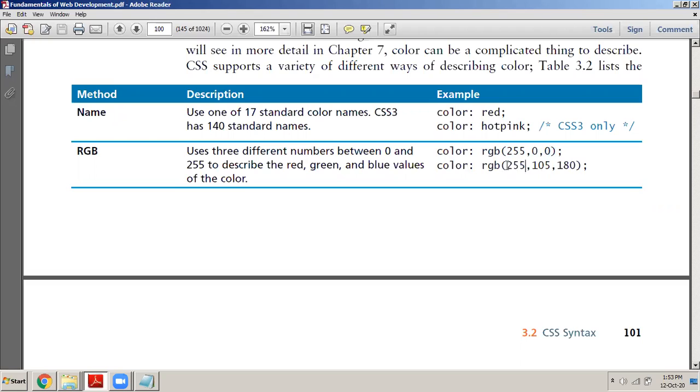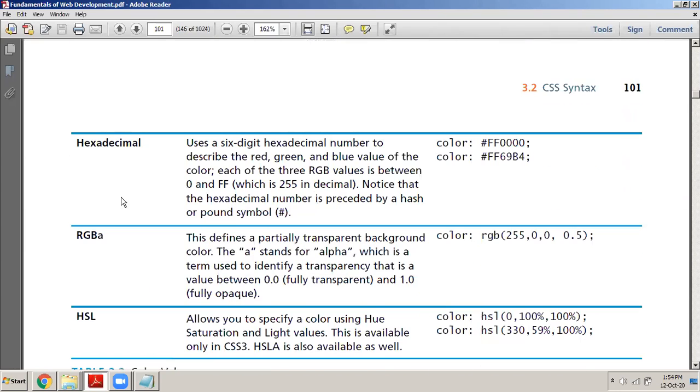When you look at this example here, rgb(255,105,180), this is complete red, to which 105 points of green is added, and 180 points of blue is added. So it becomes some color, a combination of complete red, a little bit of green, and a little bit more of blue. So you can specify the color even in terms of RGB values. We will see all these examples. I will show you the demonstration of this later on. So how do we specify the values? You can specify by directly using the name of the color, or you can specify an RGB value, or you can